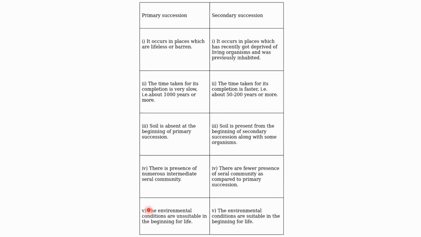So we learned about different types of pyramids today, like the pyramid of numbers, pyramid of biomass, and pyramid of energy. Also we learned about the limitations of these ecological pyramids. And in the next lecture, we will learn about the last aspect of the ecosystem, which is nutrient cycling. We will learn about different nutrients that are present in the environment and how these nutrients are taken up by the organisms, how they are utilized by the organisms, and ultimately how they are recycled back into the environment.